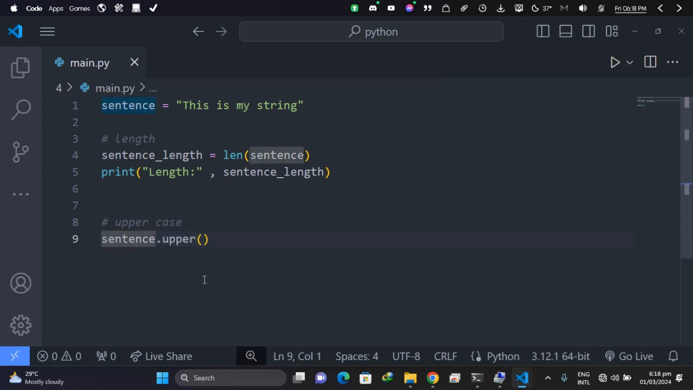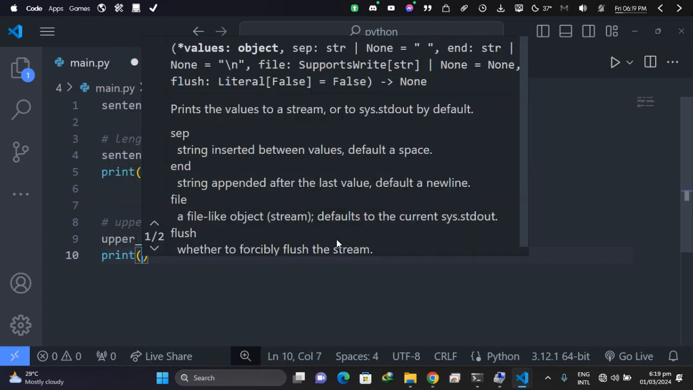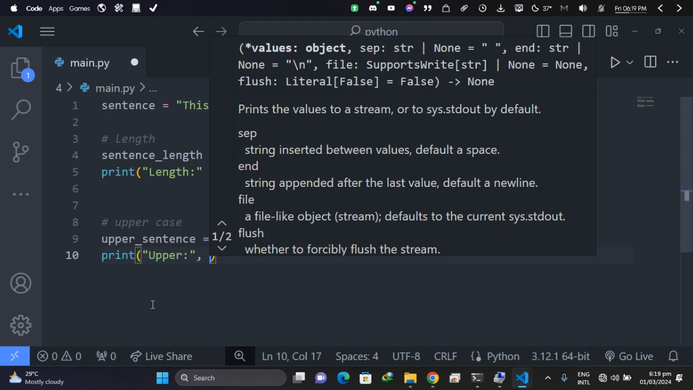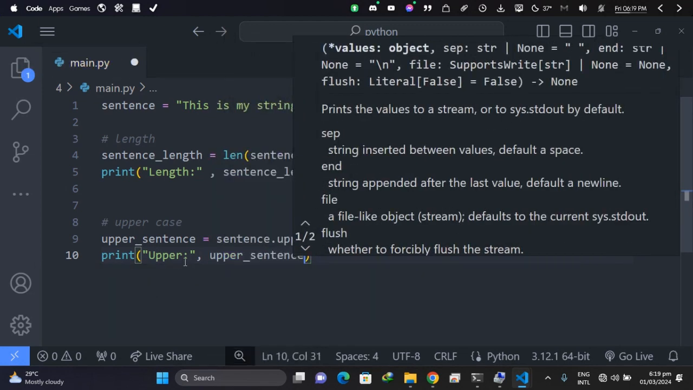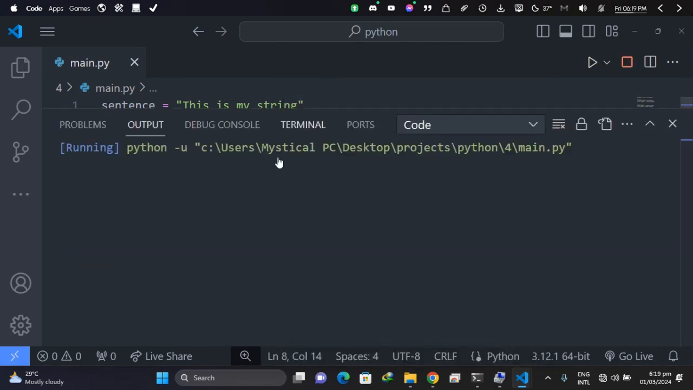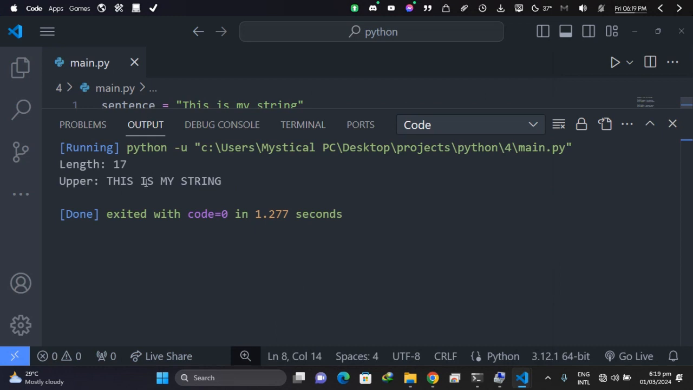So if I have a variable and I call it upper sentence, I can set it equal to this. Now if I try to print my upper sentence, let me print it below. So I can print upper, and then let me put my comma, then upper sentence. Now if I save, and then I run my code, and then if we check, we'll have this changed